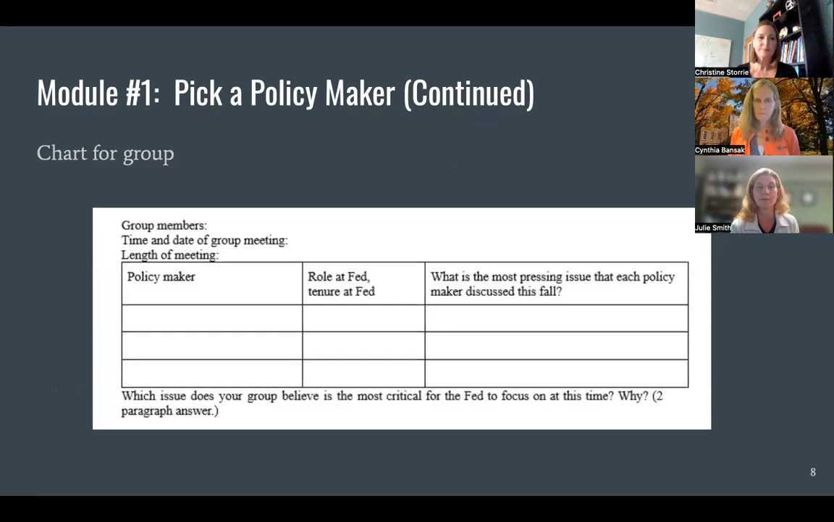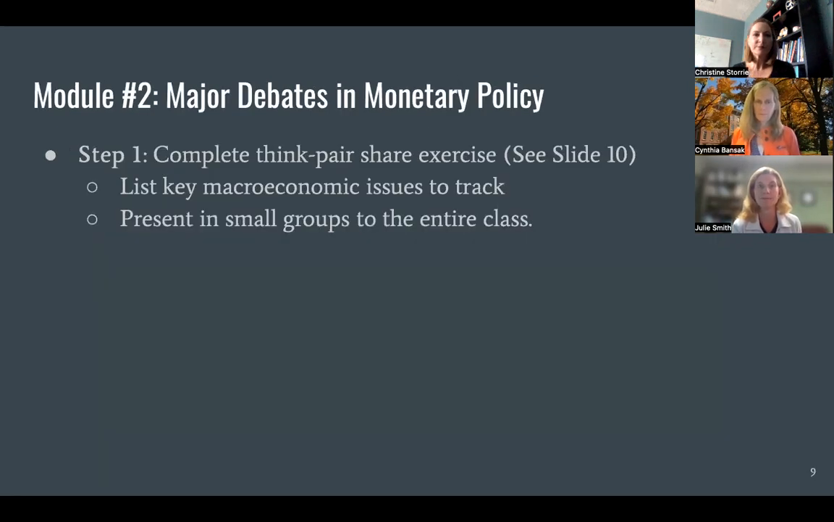Next slide. This chart provides a way for students to synthesize the information of all 3 policymakers so that they can understand the diversity of policymakers and also the diverse issues that policymakers care about. Next slide. Thank you. In the second module, Major Debates in Monetary Policy, students start by completing a Think, Pair,